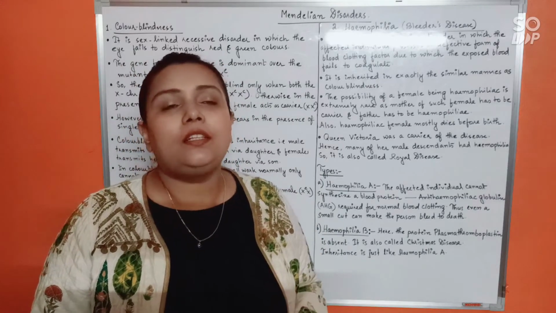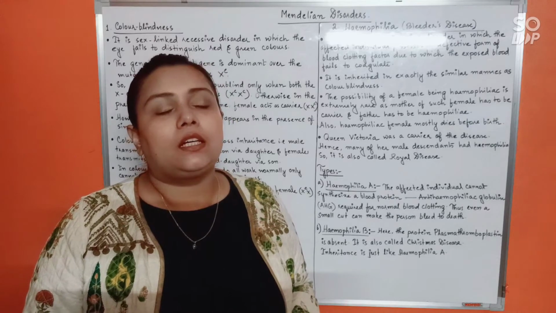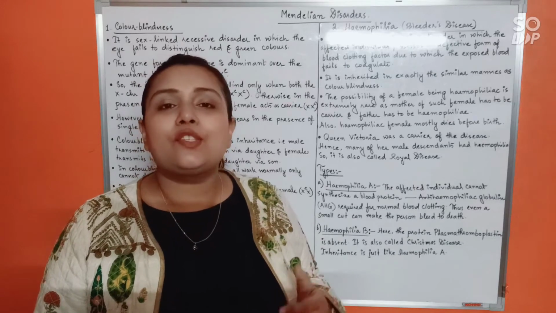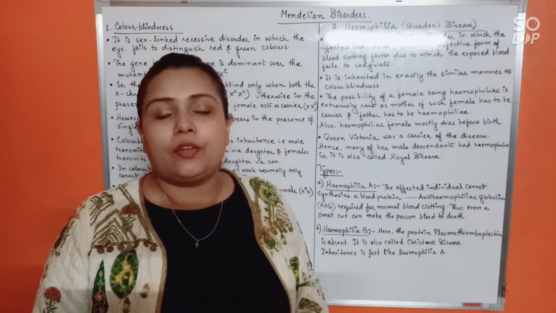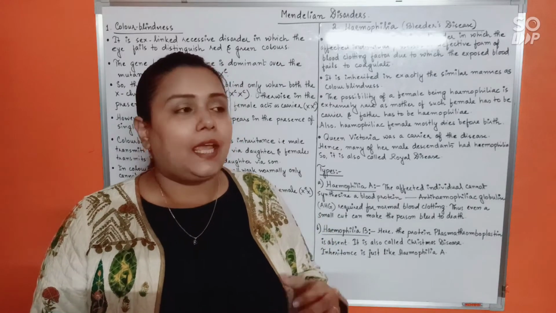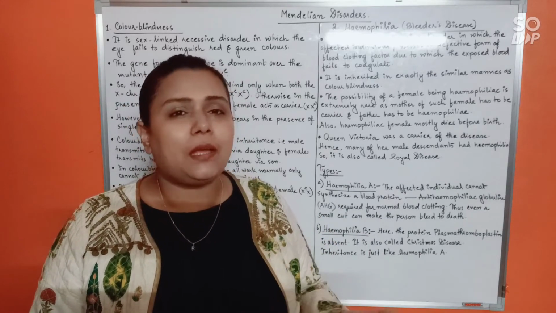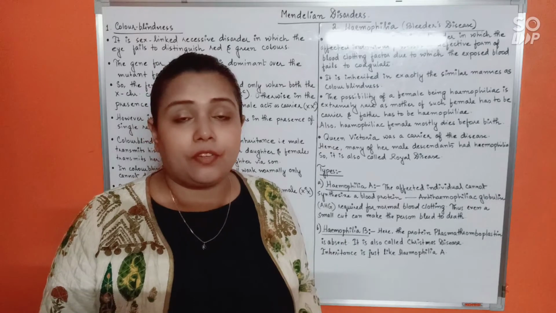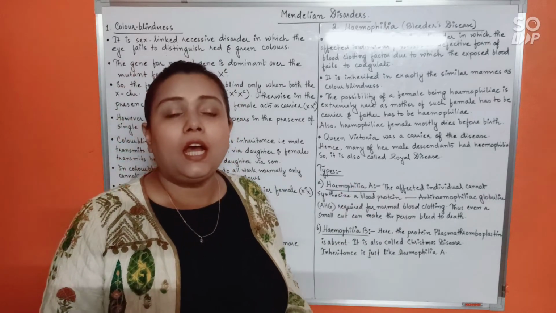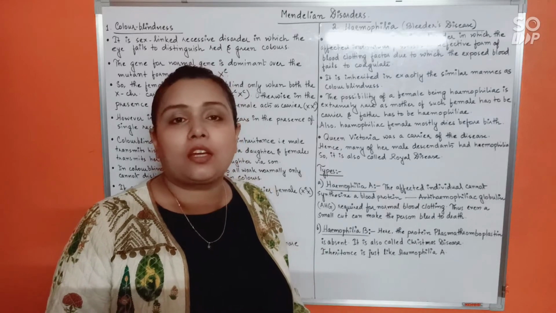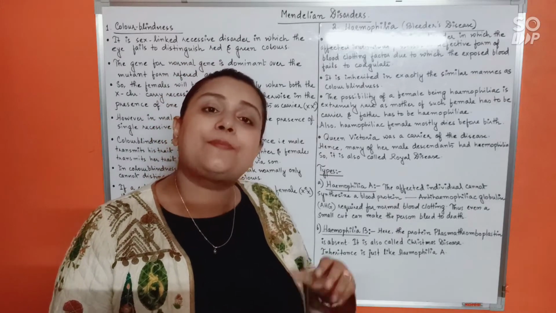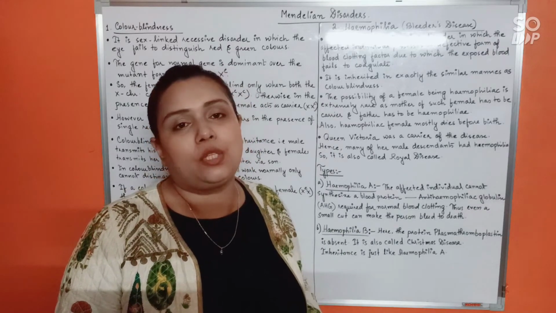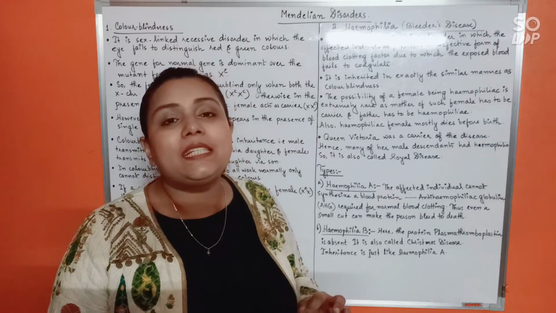That's because here the affected person does not possess normal blood clotting proteins in his or her body, due to which whenever there is even a minute cut, like in your day-to-day life, you sometimes get certain cuts, isn't it, which we don't even care about because they would heal by themselves. But for a person suffering from hemophilia, because they lack normal blood clotting protein in their body, their exposed blood does not clot easily and they might sometimes bleed to death. That's why we call it Bleeder's disease.